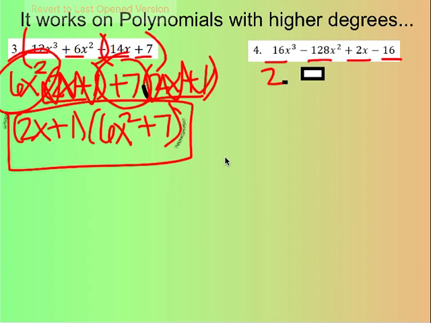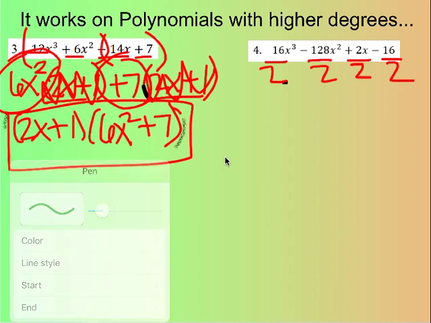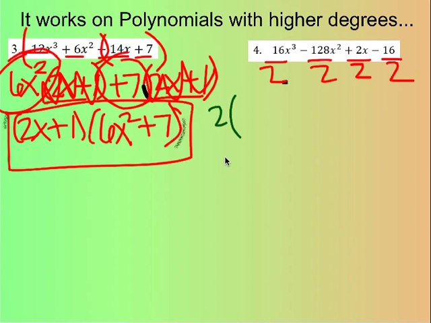Whoa. That's not what I wanted. Undo. There we go. So I'm going to divide everything by 2. Okay, so now when I do that, I'm going to end up getting 2 on the outside, and then I have 8x cubed minus 128 divided by 2 is going to give me 64x squared, and then plus x minus